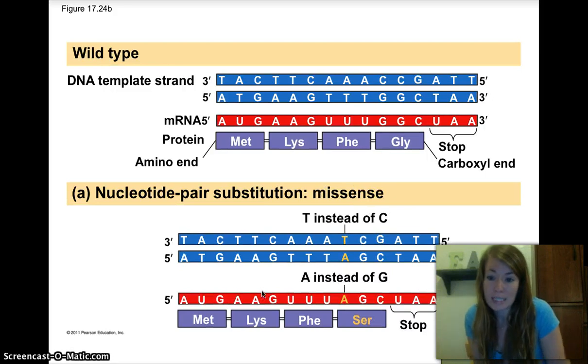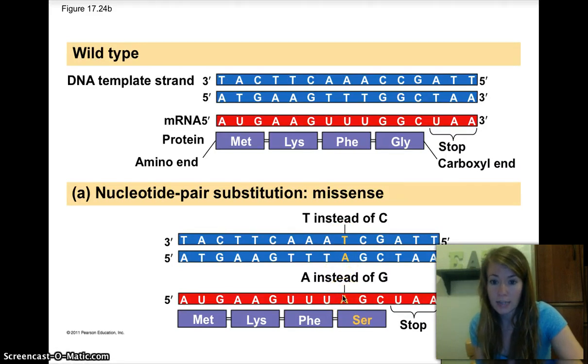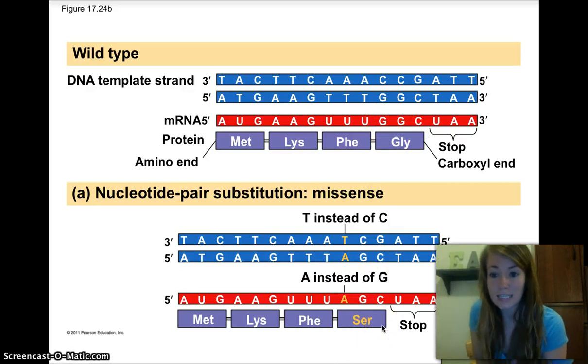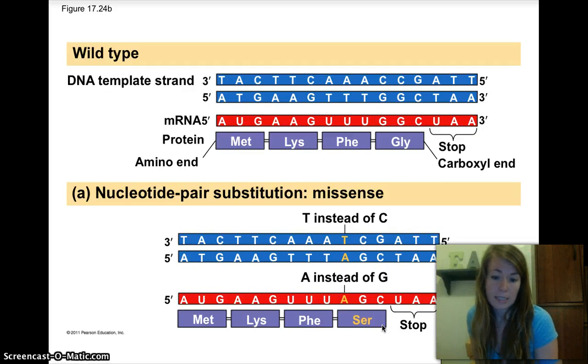Then there's a missense mutation, which is when it does change the message of the protein. So here now, we have a T instead of a C. So our mRNA has an A instead of a G. And so our codon is now AGC instead of GGC. So instead of glycine, we get serine. So we have replaced the amino acid. This is a missense mutation. So it still makes sense. We still have a protein, but it has a different